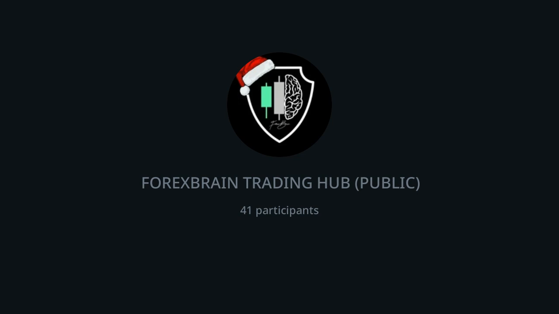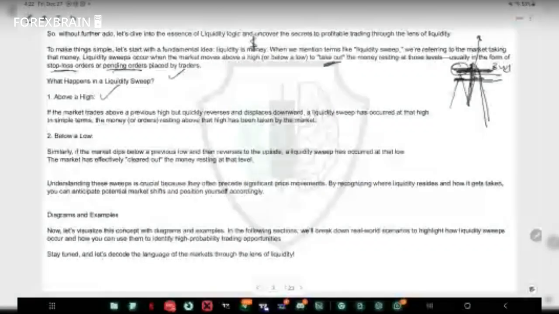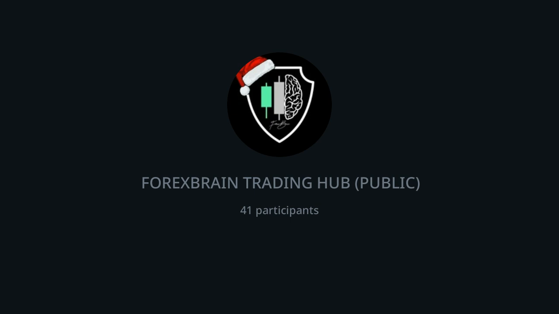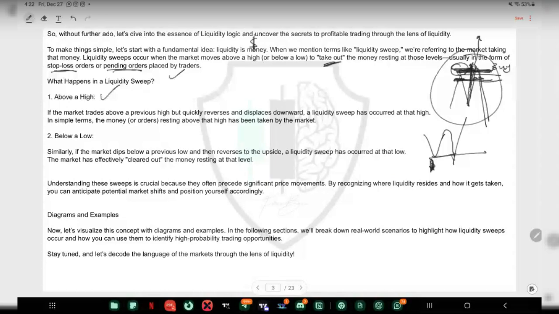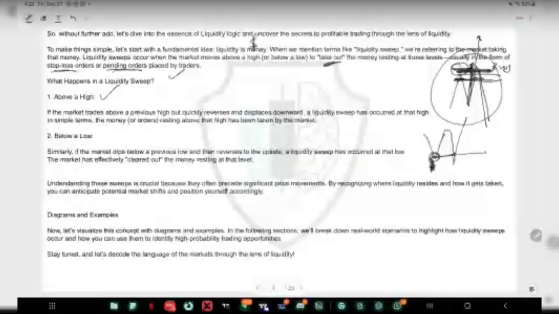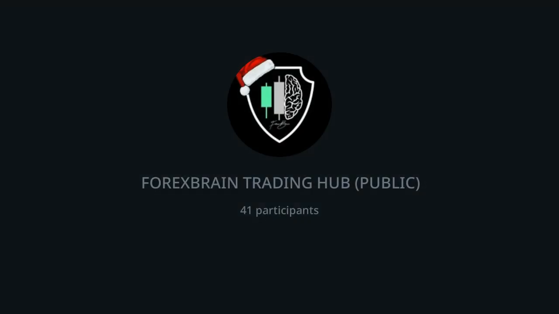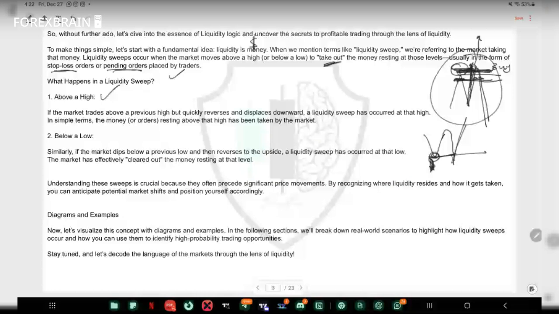So that's that. For us to have a bearish scenario, it means we would have a bullish scenario as well. So below a low, let's say we have an old low like this here. That means there is a lot of money resting below this low. Do you get it? So price will come back, take the money, displace immediately, triggering buy stops, and that's pending orders and stop losses. Do you understand? Because of a lot of orders that we have resting below this low. So as soon as this is taken, we want to see a displacement immediately. Do you understand? If not immediately, then almost immediately.